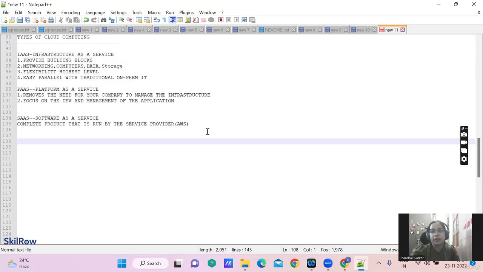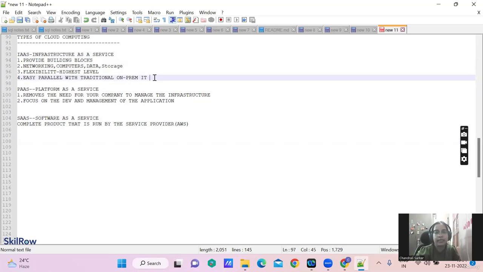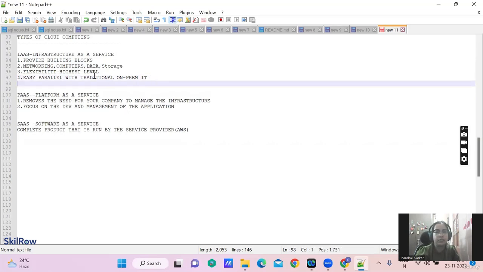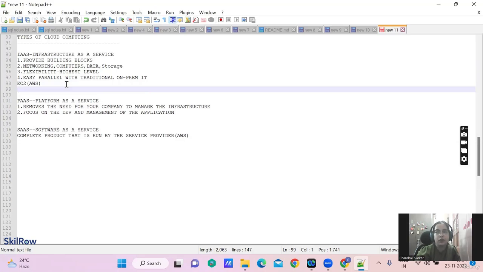Okay, now let's take examples. So IaaS. What is the example? Since it deals with networking, computers, all that, we can say EC2. It's a very, very important service in AWS. We'll come to that when we learn EC2. Also,